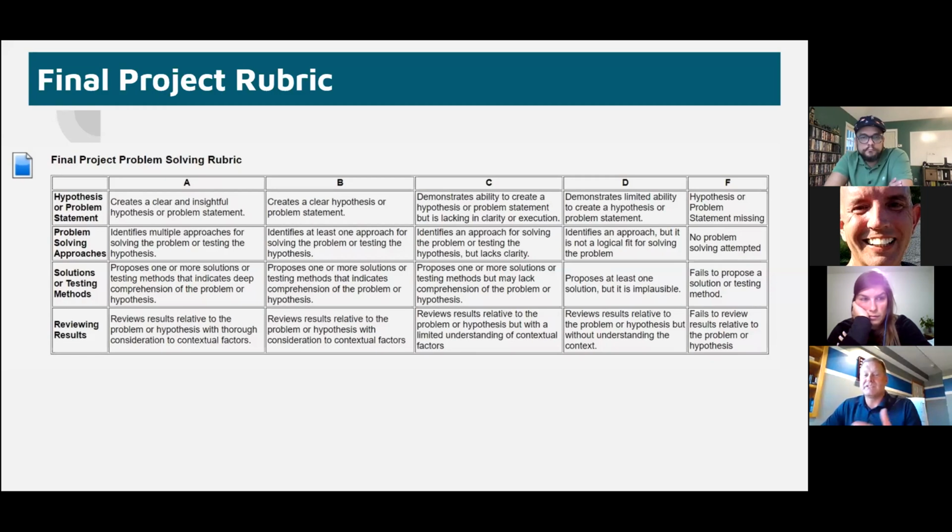How is that different than just having a clear one, right? What's the difference between the two? Are they identifying multiple approaches, and what do those look like? We've only been doing this for about 2 semesters, and it's finally scaling to the whole district this fall. And we're putting in student examples of what an excellent project looks like, essentially ABCD examples